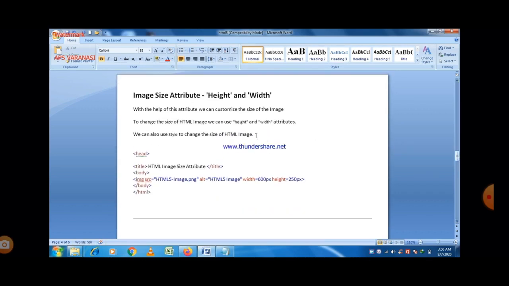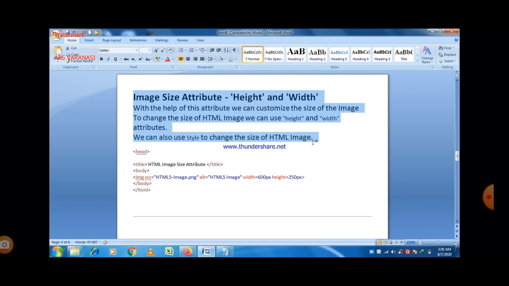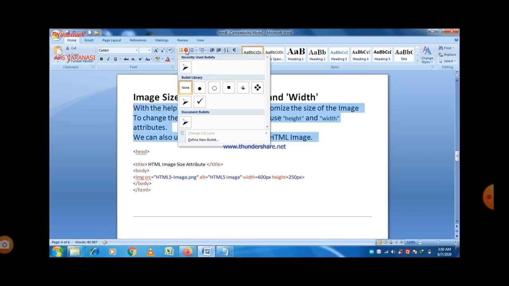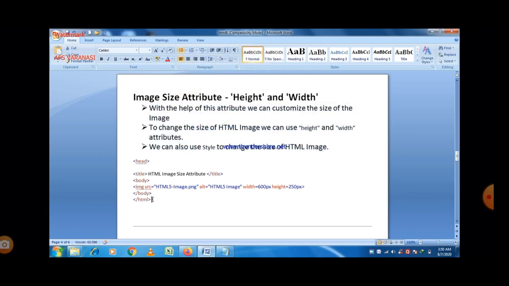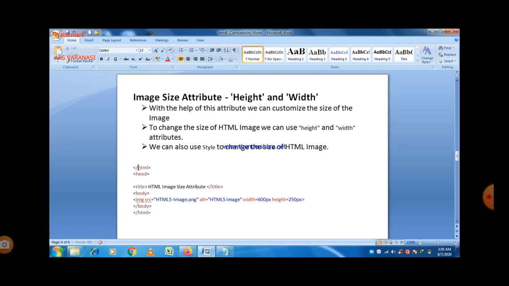In HTML5, the properties of the image are basically used with a style attribute, and if you want to use the height and width attributes, then using them we are able to change the height and width of an image also. So now you can see that there is a small program here.